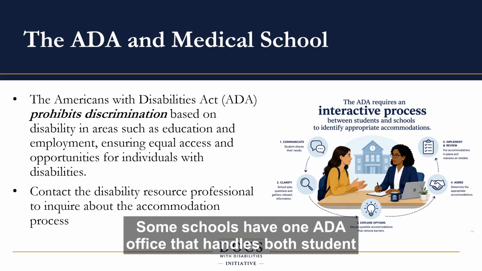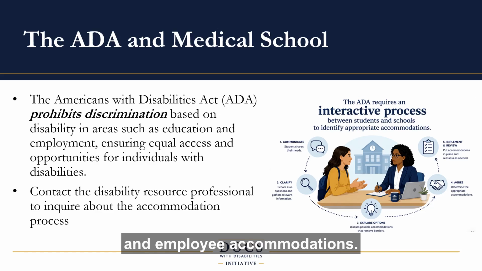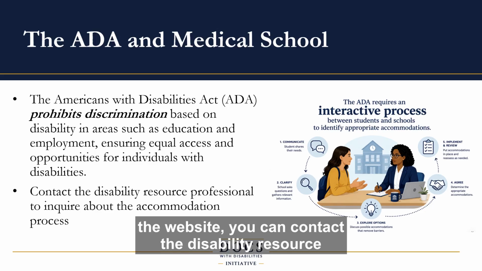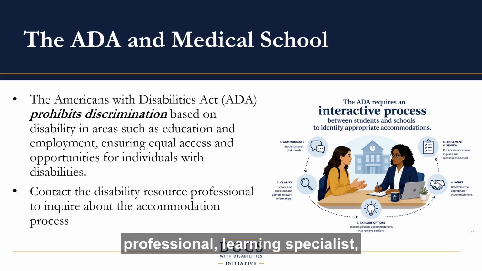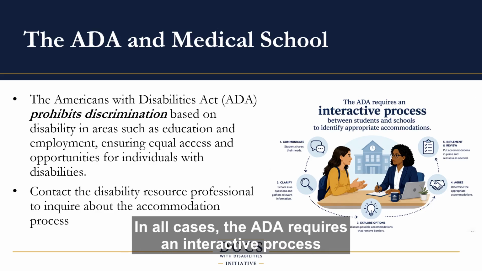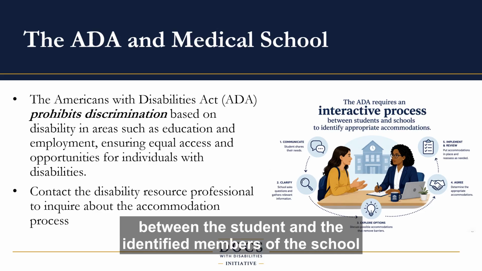Some schools have one ADA office that handles both student and employee accommodations. If the institution does not have this information listed on the website, you can contact the disability resource professional, learning specialist, or academic advisor in an academic support office. In all cases, the ADA requires an interactive process between the student and the identified members of the school to